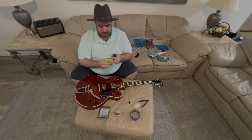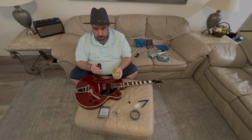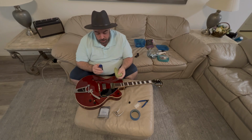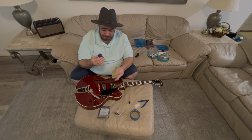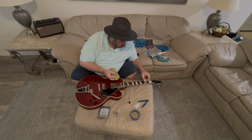In the past, I actually used to use the oil that they sell with butcher block, like cutting boards, because it's food grade, but it's not a vegetable or anything like that. It's an actual mineral oil. But since then, I've switched to the Music Nomad F1 oil. I find it works great, easy to apply. So basically, I just do a little squiggle on the